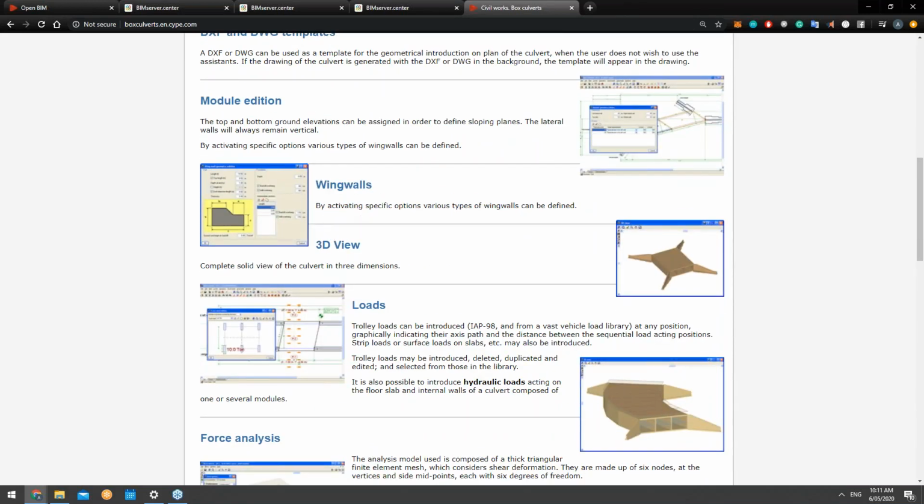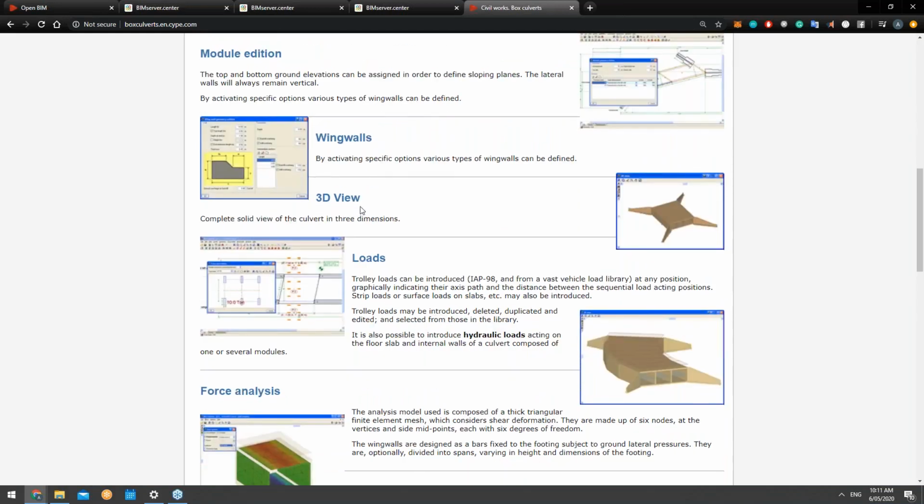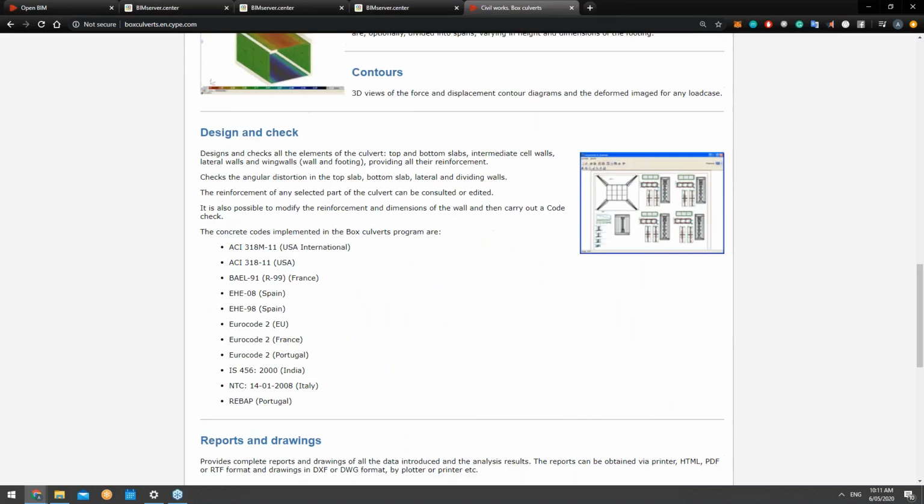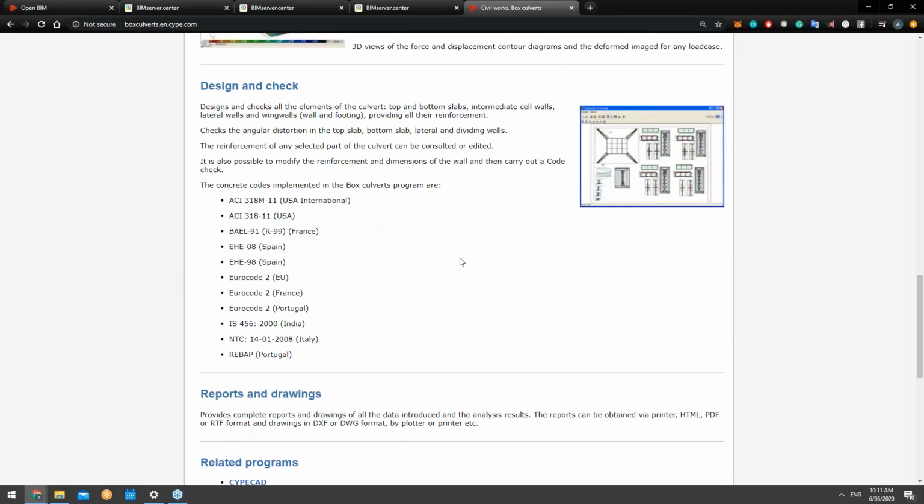Now, of course, all the different additions as well. So our model additions, there's also wing walls that we can add, 3D views, and the different types of loads that are attributed to the program. You can see, we'll go through this in a bit. We have some design models and checks that come from the implementation of different concrete codes. Now we're talking about reinforced concrete. So this is the list of the implemented codes as of today